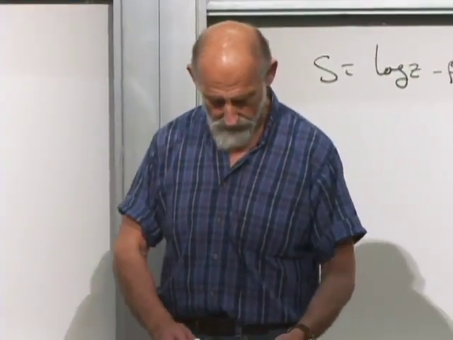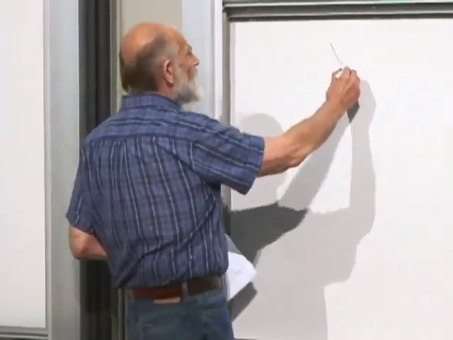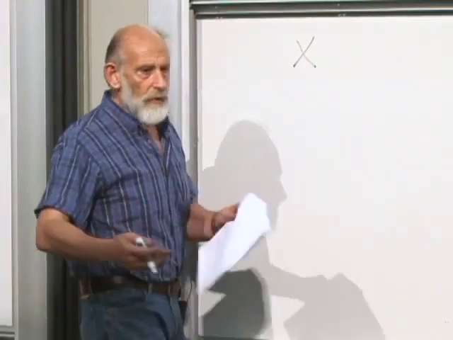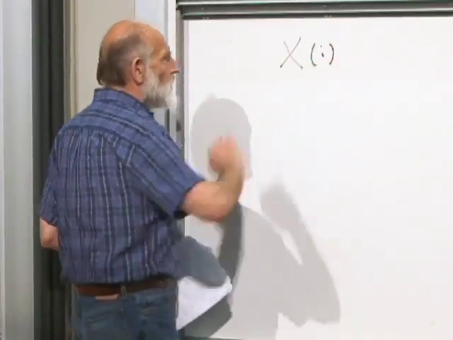Fluctuations. I mean, it's awfully interesting, and so are gases, but less general. All right, let's do fluctuations. Let's take a quantity, let's call it x. x is, of course, a thing which has a value for each state of the system. For each state of the system, x has some value.